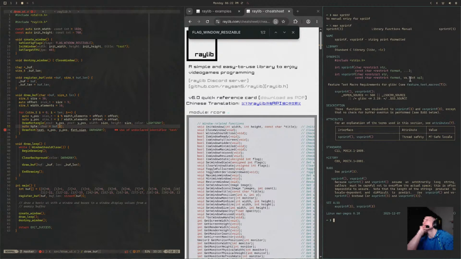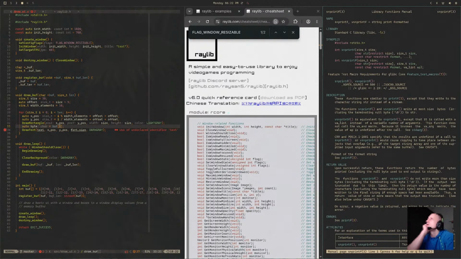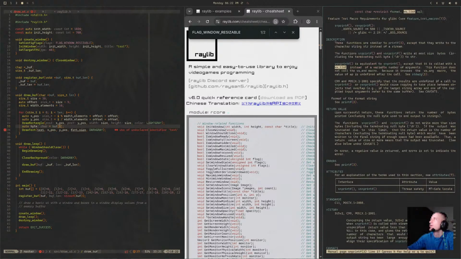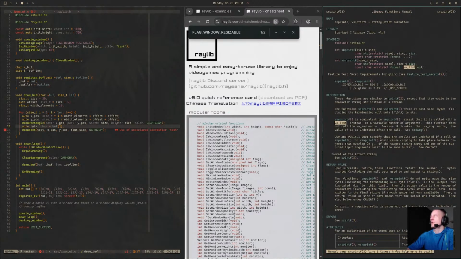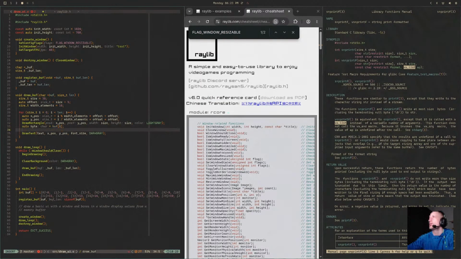snprintf, and you probably want snprintf. So man snprintf, and then the va_list. What does that thing do? va_list. Okay, something with variadic arguments. We are going to instead do an snprintf of